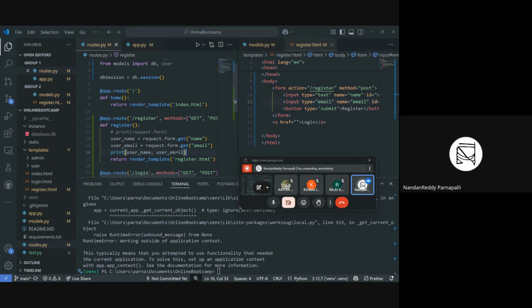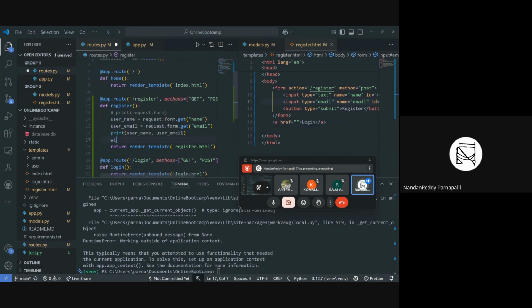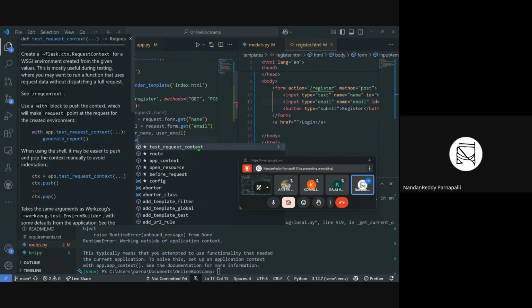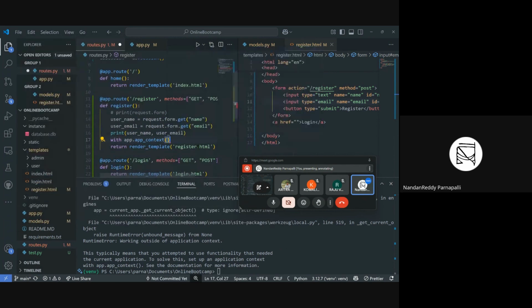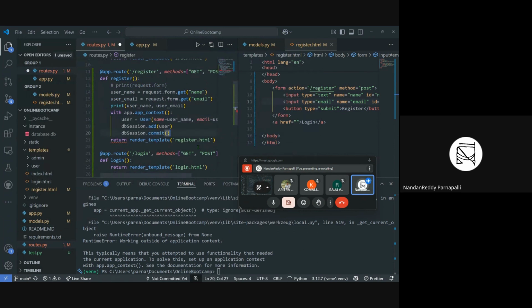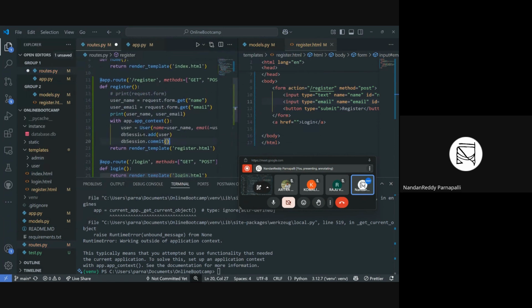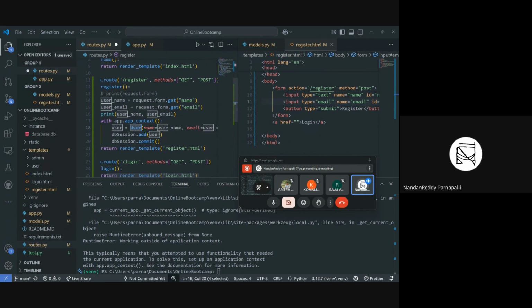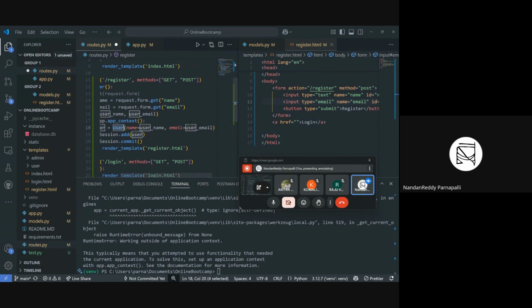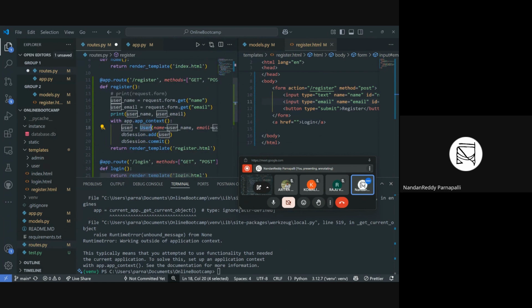So right now we got the username and user email, right? So what I will do is with app.app_context, I will create a new user. In the user model, I'm passing the user name and then the email ID. In db.session, I'm adding the user and committing. And after that, oh, okay. If the